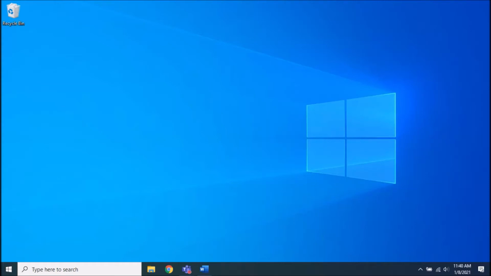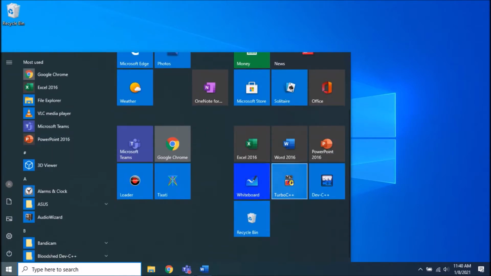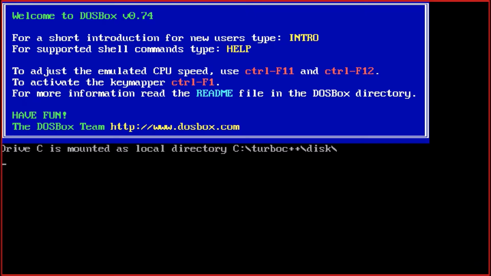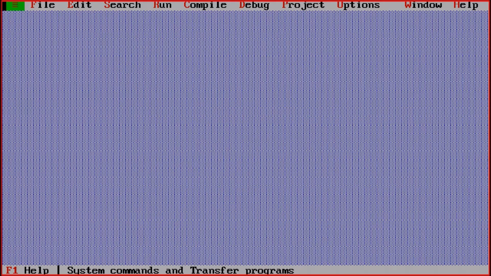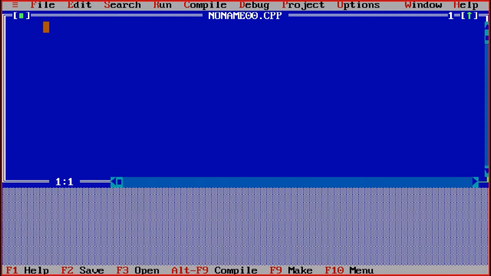Okay everyone, so let us suppose that we have to perform the C program. The basic program is hello. So first of all I will go to the start menu and I will start with the Turbo C. Once your Turbo C will start, first of all you have to go to the file and go to the new. Now you can see that new program is there.